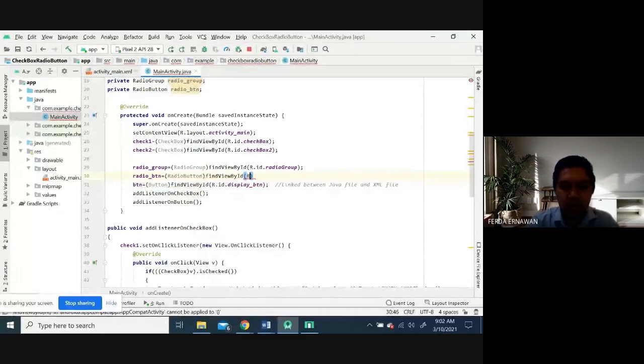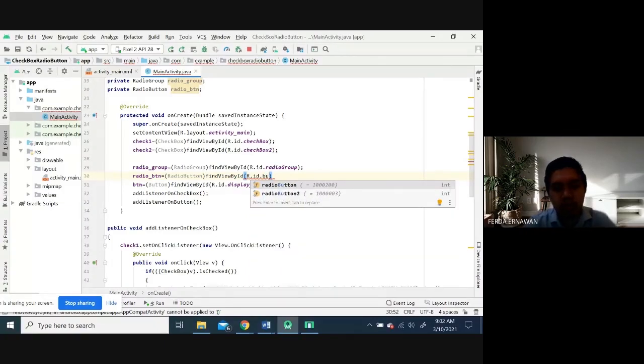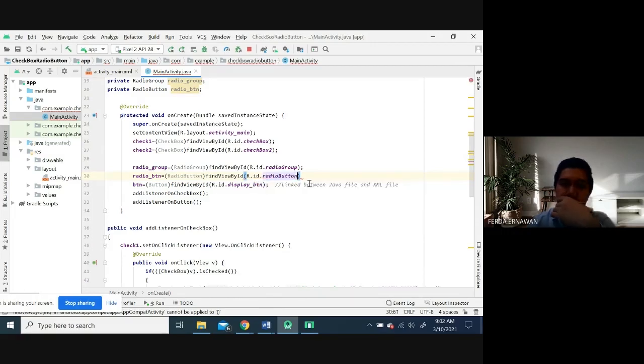Find view by ID. R.id dot button. ID button. Okay.